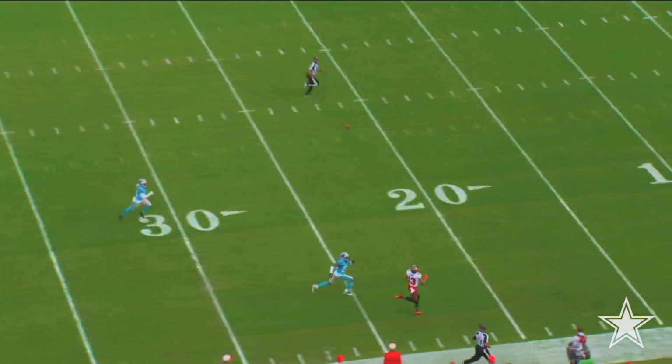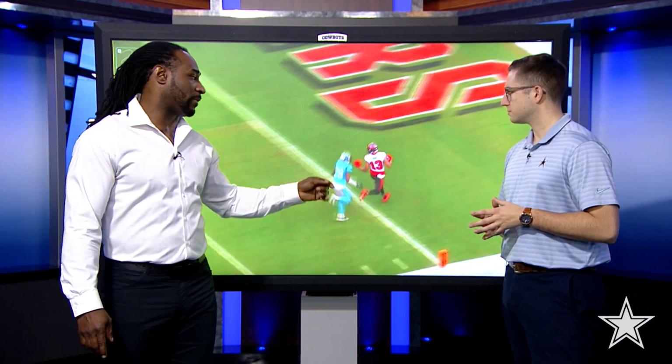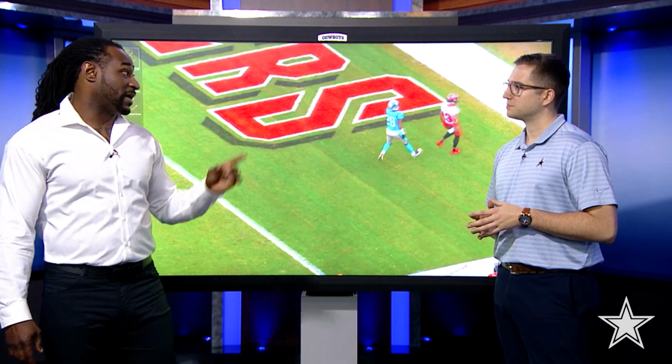We saw it last week. Mullen struggled with the deep ball. You cannot stay in your back pedal against a guy of this caliber. He will take the shot over the top and make you pay. It's pretty unbelievable what he's able to do at 45 years old, throwing the ball over the top like that